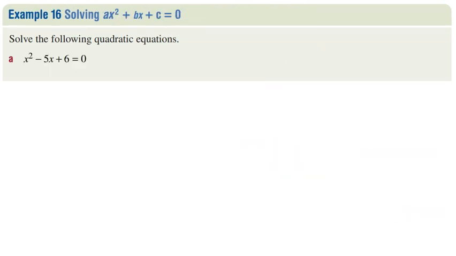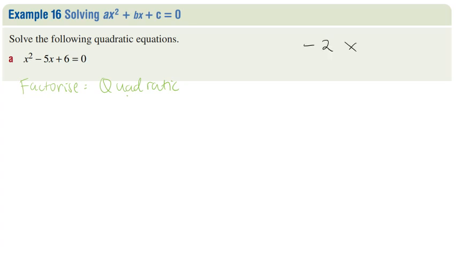Next example, I'm up to the factorizing step. So this is a quadratic. I'm looking for two numbers that multiply to give 6 but add to give -5. I'll let you guys think about that. Two numbers that multiply to give 6 but add to give -5. So you should have the answers